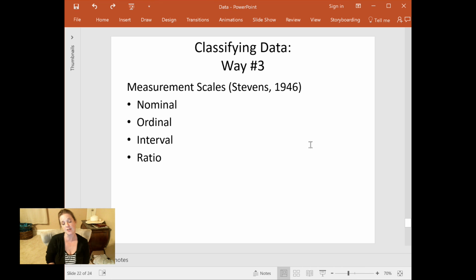And this sort of classification scheme is not magical. It was a gentleman named Stevens, that's his last name. He wrote this very short paper in 1946 where he looked around at psychology as it existed then and said, hey, look, people are measuring things about people. I'm going to decide how they're measuring people, and I'm going to classify different kinds of data, right? It's not written in stone or anything. It's just his way of classifying things that people have found useful over the years. I don't find it particularly useful.